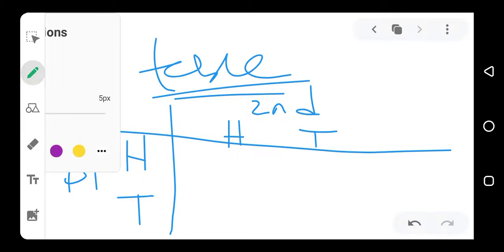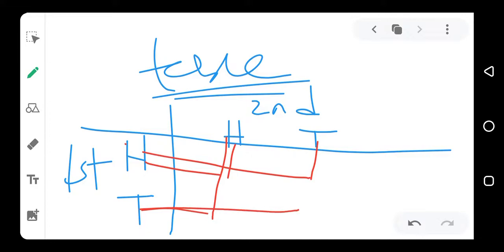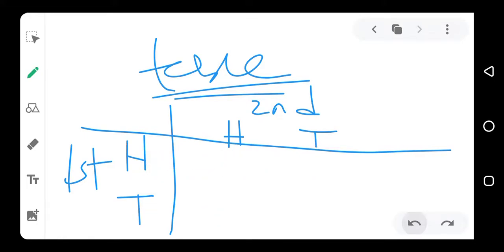What we do now is that we combine this side with this side. That will give us head and head. This one is head here and this one is head here. And then we take this one again and combine it with this one, and that will give us head and tail. Then we pick this one and combine it with this one, and that will give us tail and head. And then we take it to this side and combine it with this one, that will give us tail and tail. So the outcomes are going to be